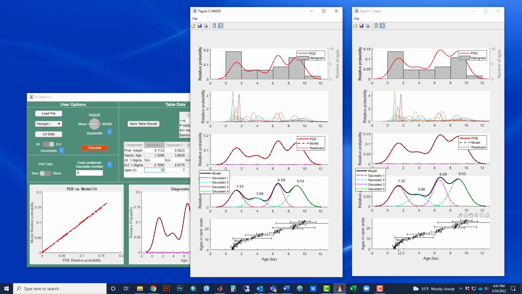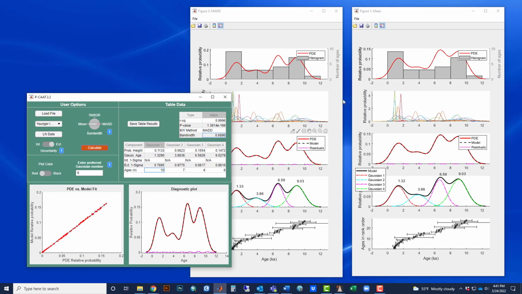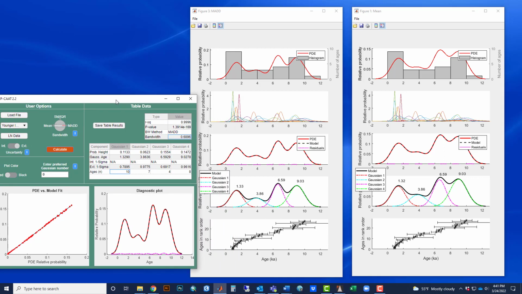At this point, it's a data quality question on which one you would go with. Definitely here, I'd go for the MAD bandwidth estimator again, basically because the bandwidth is smaller. When you're into younger data sets like this, the mean could give you a smaller bandwidth. It just depends on the independent ages. If some of these ages with very wide uncertainties were just a little bit smaller, then the mean may in fact give you a smaller bandwidth here, maybe slightly more narrow component Gaussians, and that would be better. But with the age data set that we have, MAD's giving the smallest bandwidth estimate, so